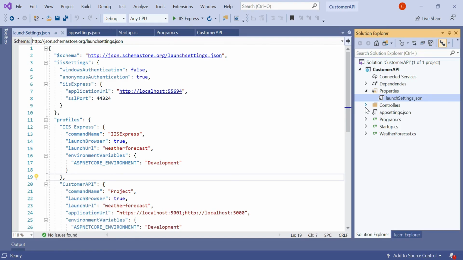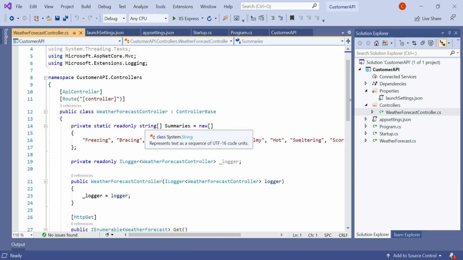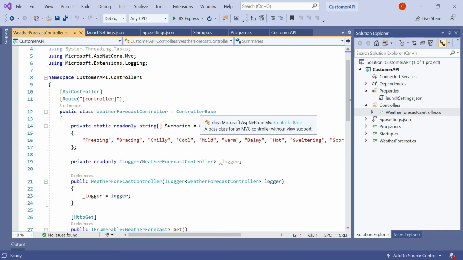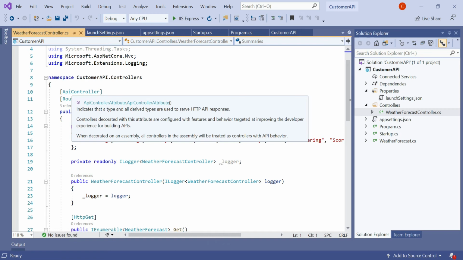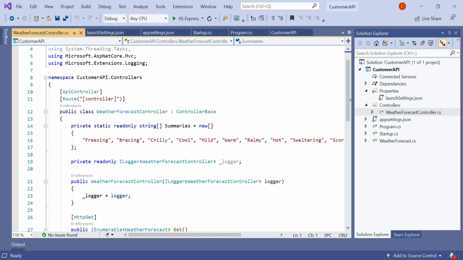And here you can find the Controllers folder, and in the Controllers folder you can find a default controller already in the sample application, that is WeatherForecastController. You can see that the WeatherForecastController inherits from the ControllerBase abstract class. And also you can find that two attributes are used. One is ApiController, another is Route. The ApiController attribute is used here because it denotes that this controller should be an API based controller. And what is Route, we will discuss a bit.